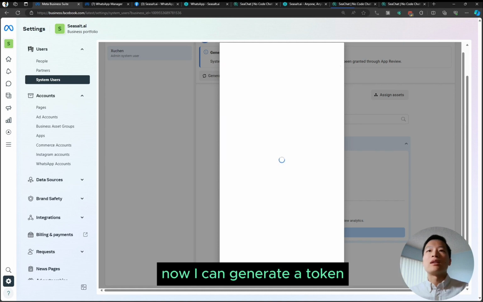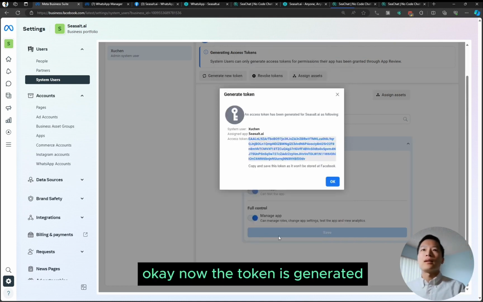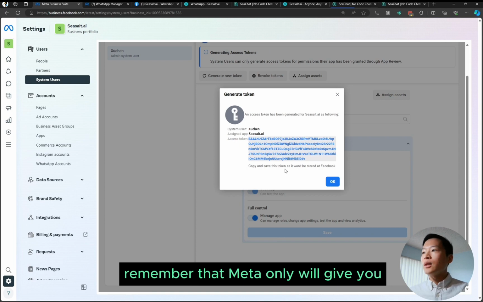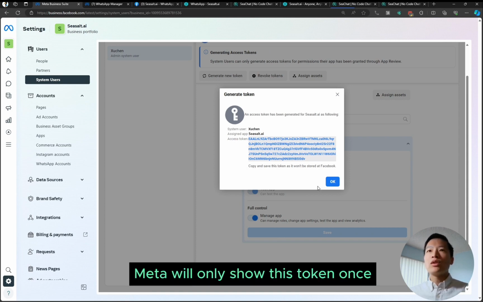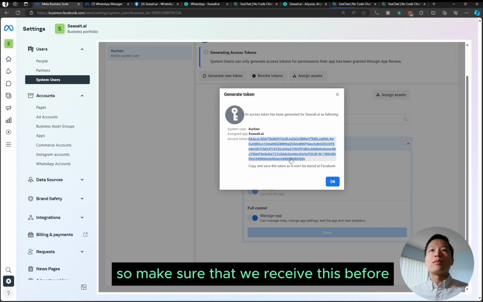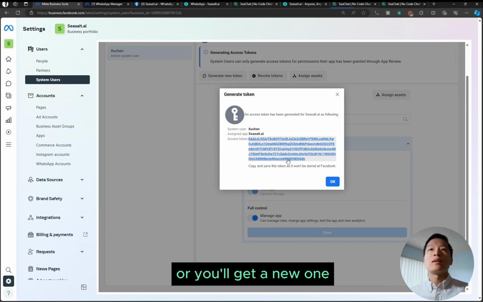Now I can generate a token. Okay, now the token is generated. Remember that Meta will only show this token once, right? So make sure that we save this before this window disappears. If it disappears, just click on generate a new token and you'll get a new one.